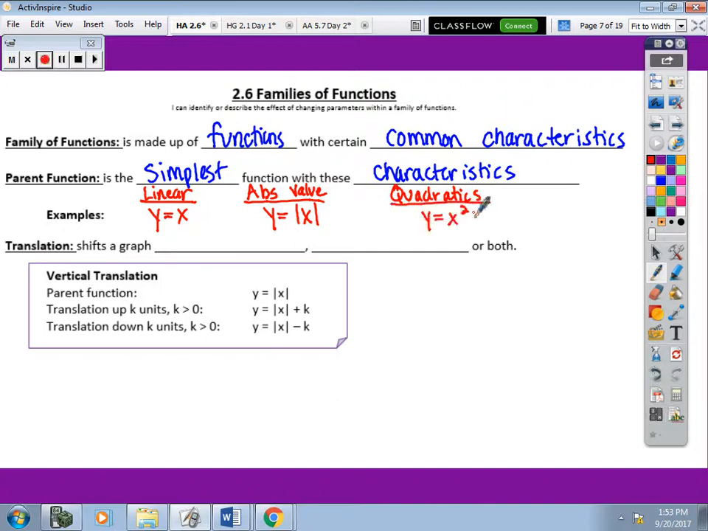6505. And the parent function for a quadratic is just y equals x squared. And we will do a lot with that this year. So the translations is how you can shift the graph either vertically, horizontally,